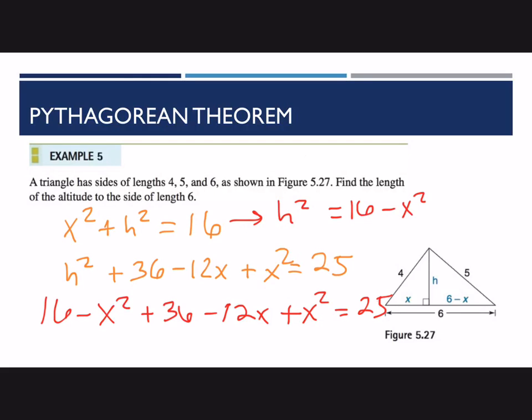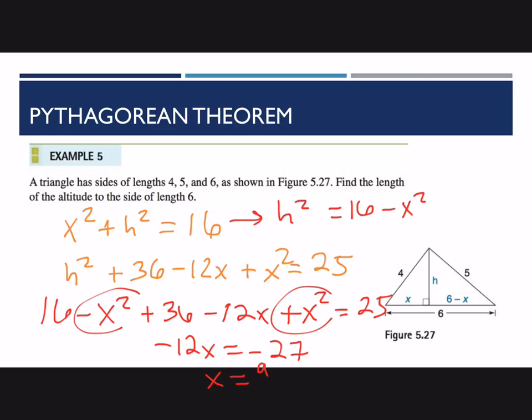Okay. And now you can simplify, combine like terms. So this is kind of nice. The x squareds cancel. And if you subtract 36 and 16 to move them to the right, you end up with negative 12x equals negative 27. And when you divide, you get x equals, and then I'm going to leave this as a fraction and